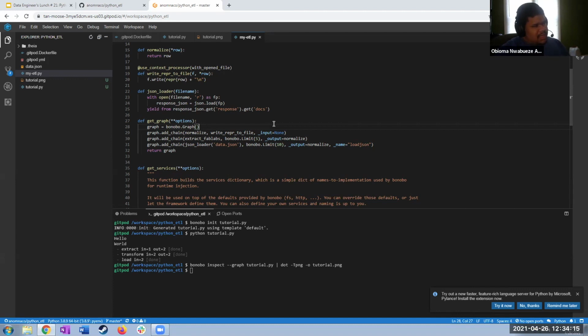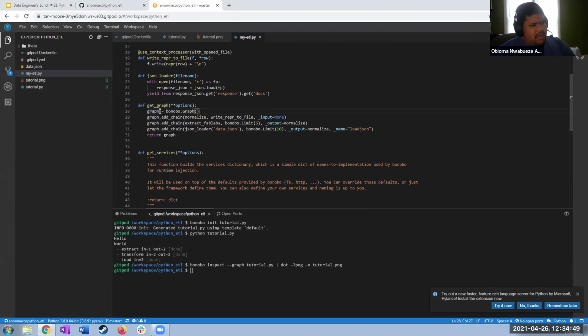So this is a sort of custom JSON loader. It doesn't use their own JSON loader, because if you use that, you just get back those 2 sections, response code and response, which are not in the same schema as the data that we're getting back from the API. You have to go a level deeper. So this just does that. It opens up the file, and then it yields lines one at a time from the subsection of the document that we describe. And then in our graph definition, we create our graph, and this time we have 3 chains,